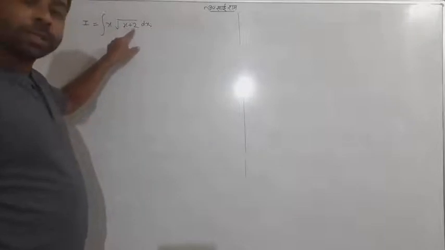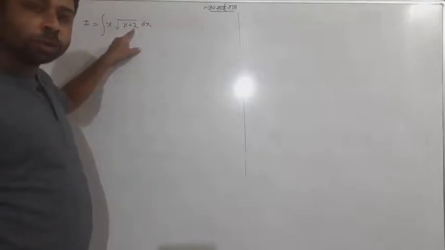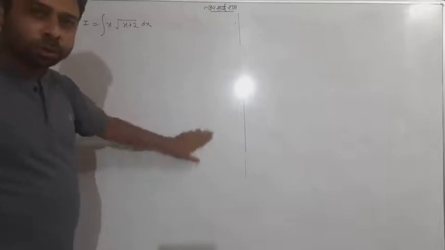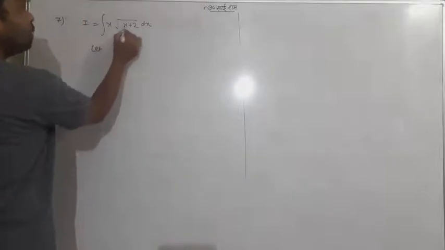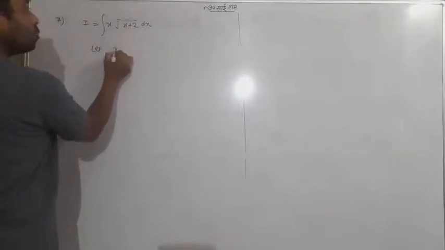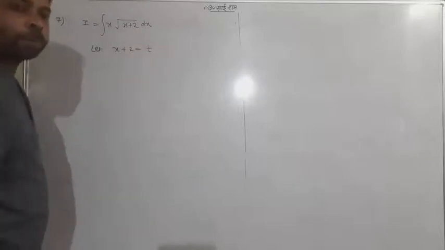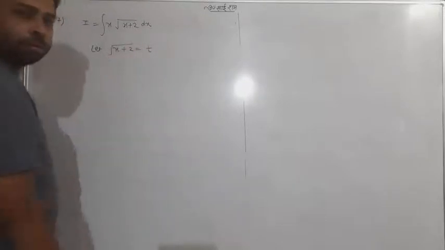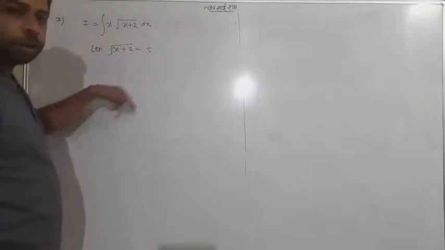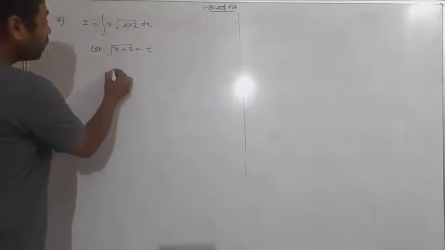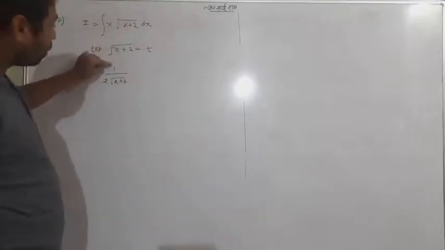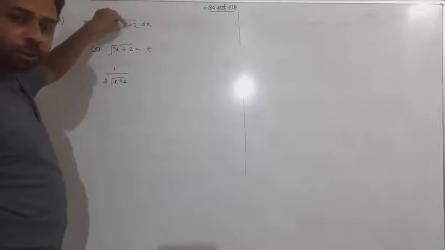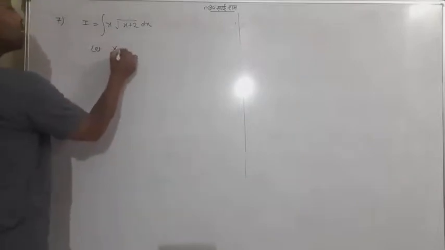If you assume x plus 2 as t, you again have differentiation of x plus 2 as 1. So students get confused. But after doing it by the method, you can understand that you assume the function which is actually tough, under the root side, x plus 2 as t. Don't take root of x plus 2 as t. Why? Because if you assume that, the differentiation is 1 upon 2 into the same root and so on, and 1 by 2 into the same is not there. So don't assume the under root as t, only take x plus 2 as t.